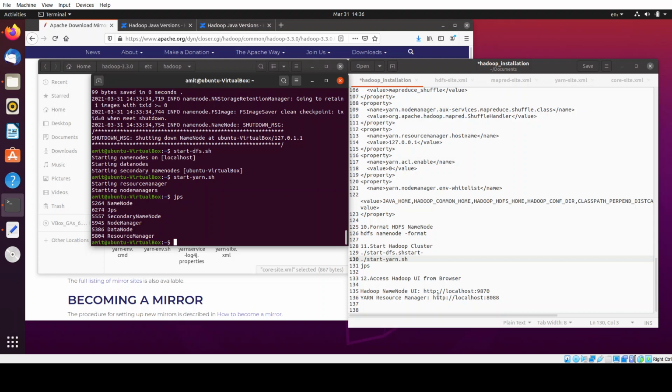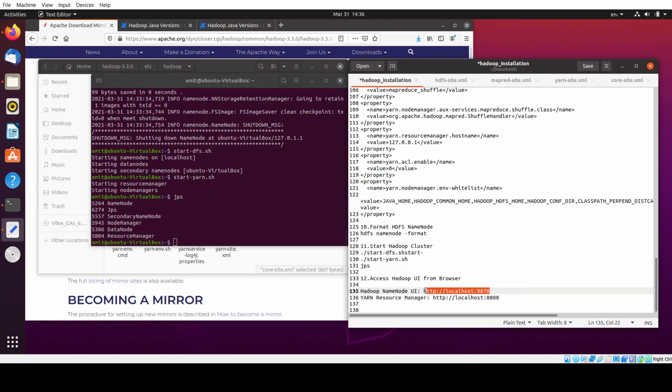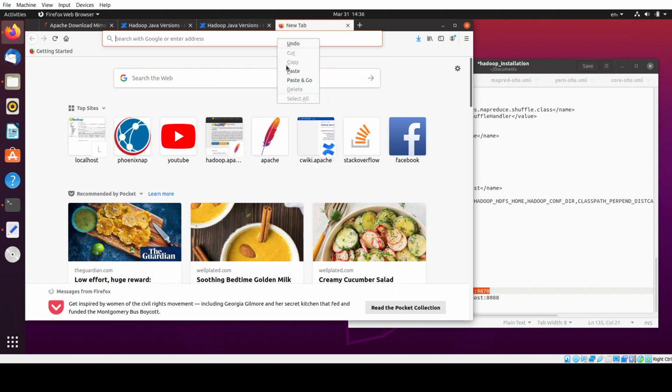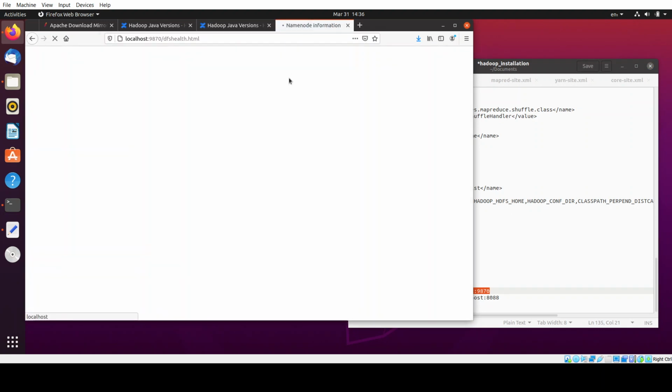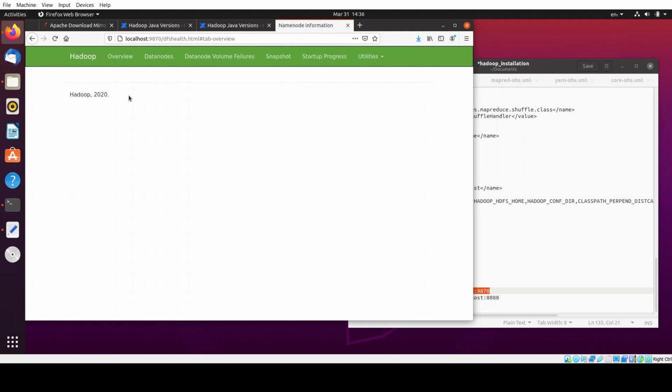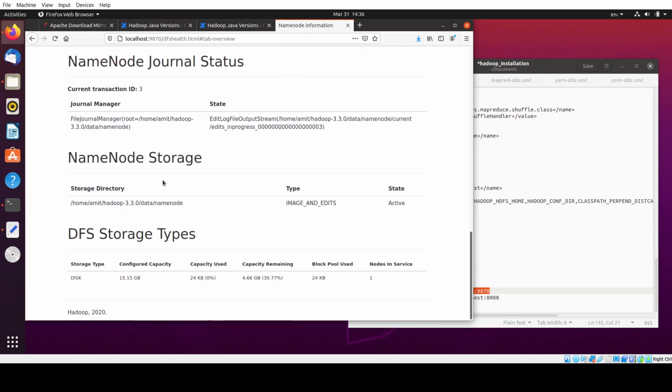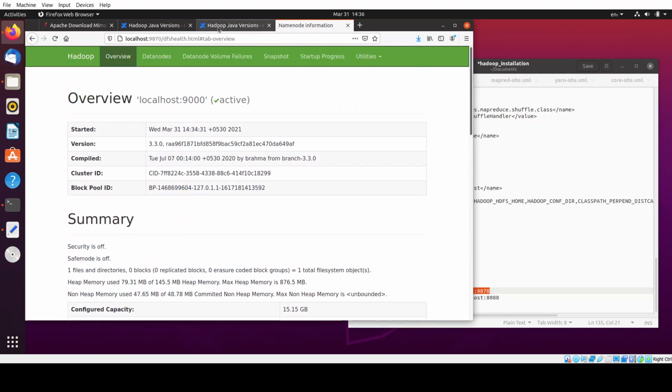So we can access Hadoop from the browser. Let's open this, copy it and paste and go. So you can see that Hadoop is running successfully. So started time and everything else, this is the Hadoop GUI. SSH, as we had discussed earlier, is being used over here to connect with the localhost.